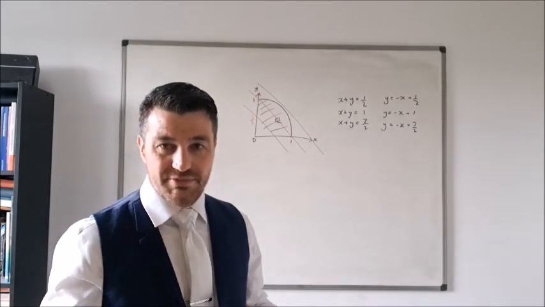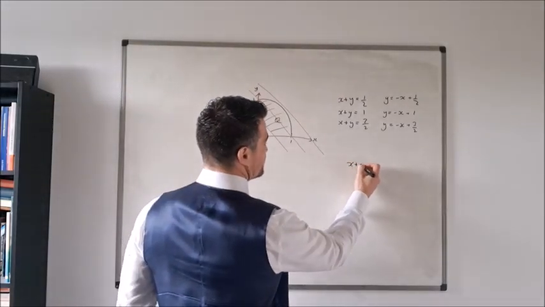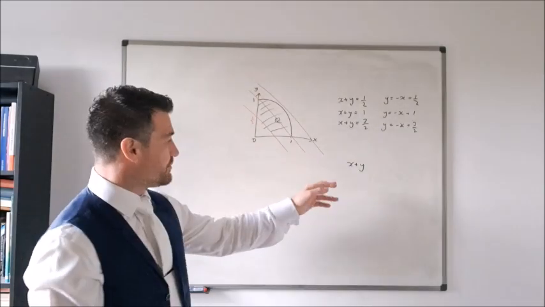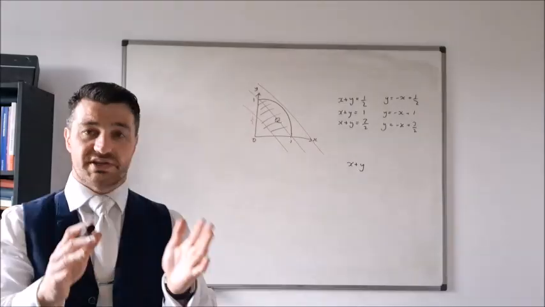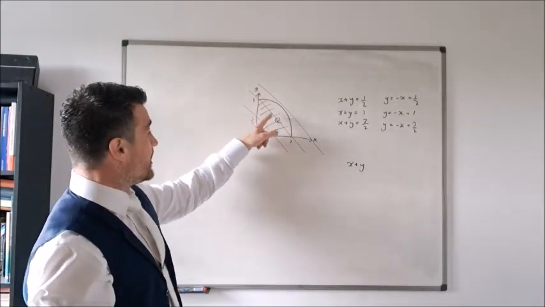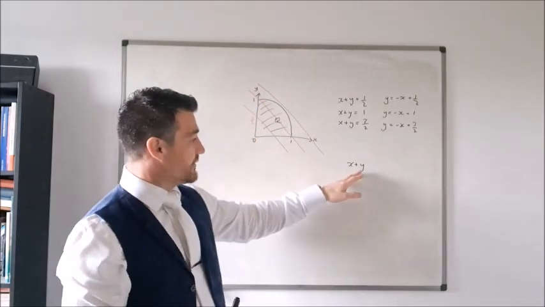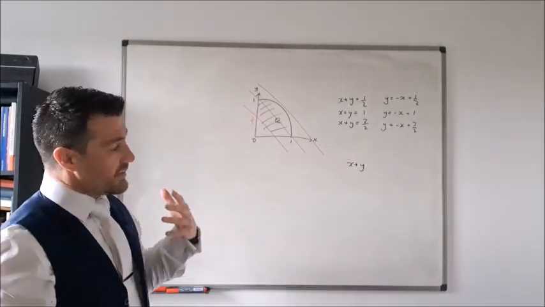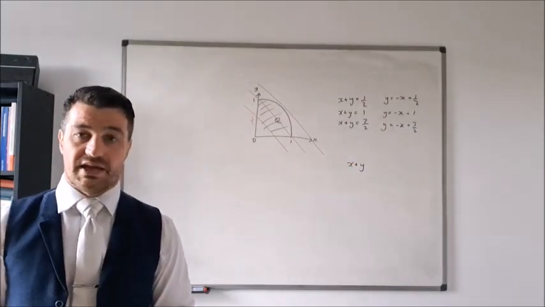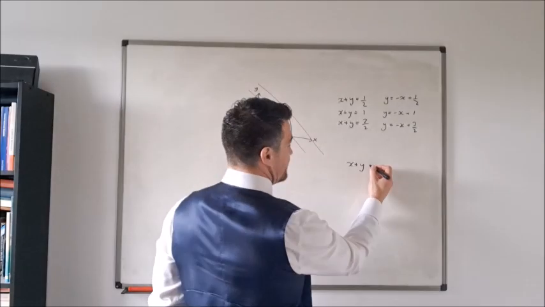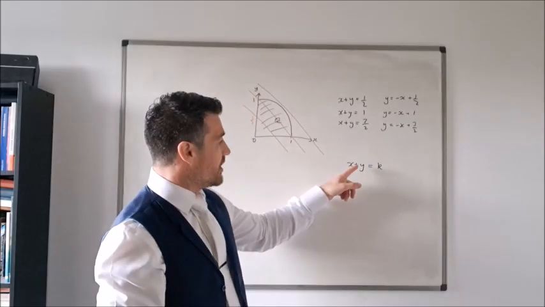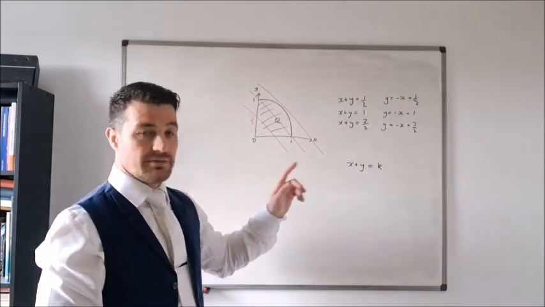So we need to find the maximum value of x plus y in this region Q. Okay, so we can plonk different values of x and y in here as long as the values of x and y correspond to the coordinates of a point in this region Q, then we're fine. So I would think about this in a slightly different way. Rather than asking what is the maximum value of x plus y, I would say if we set x plus y equal to k, what is the maximum value of k that we can obtain?